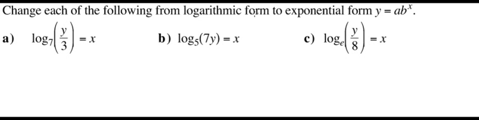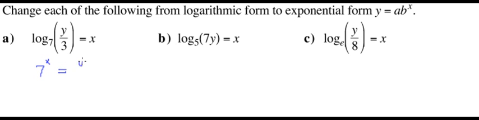Change each of the following from logarithmic form to exponential form, y equals ab to the x. In other words, solve all of these for y. And in every case here, we've got a logarithm. We're going to get rid of it because fewer logarithms is generally better. So logarithm base 7. When we change that, we're going to get an exponential of base 7. It'll be 7 to the x